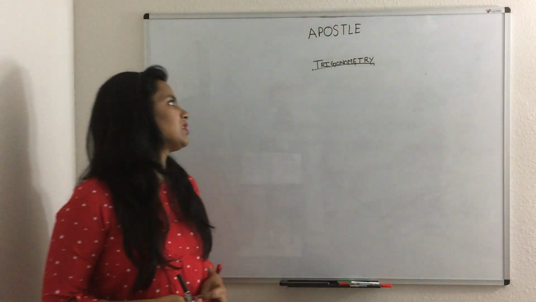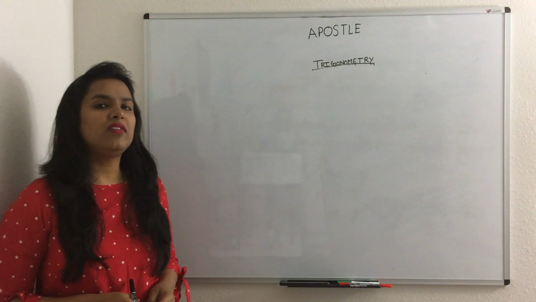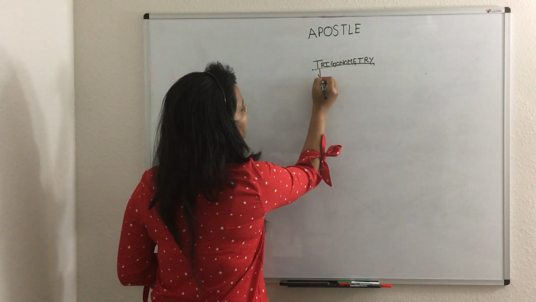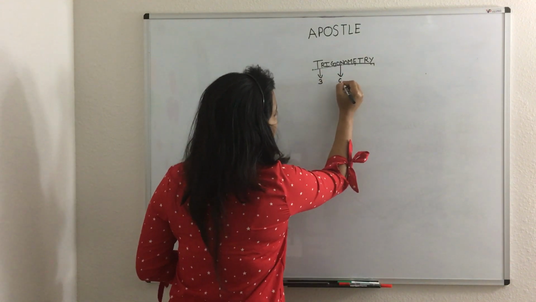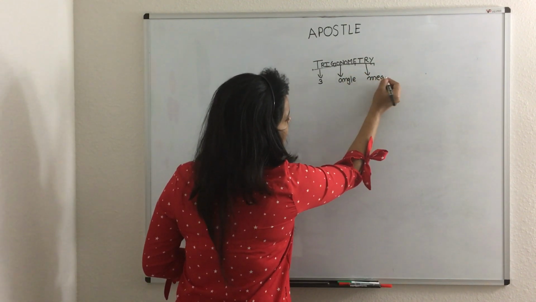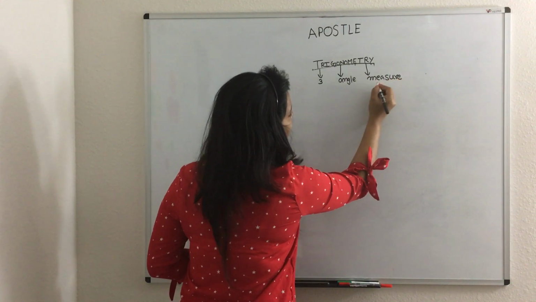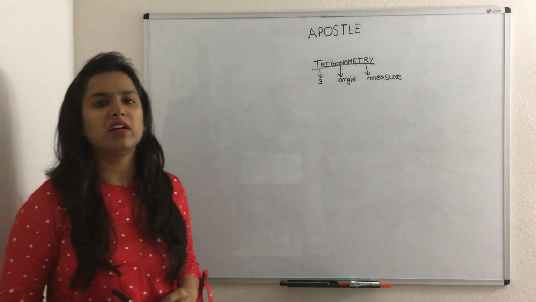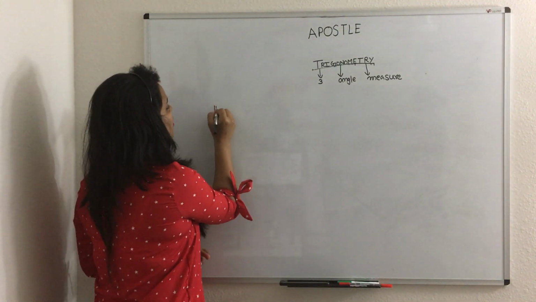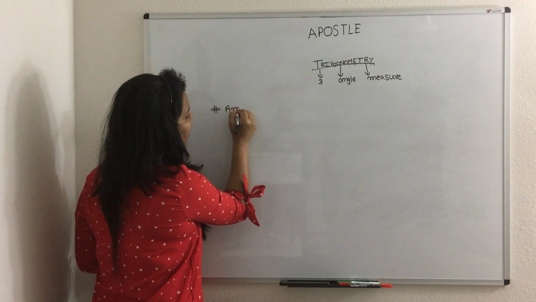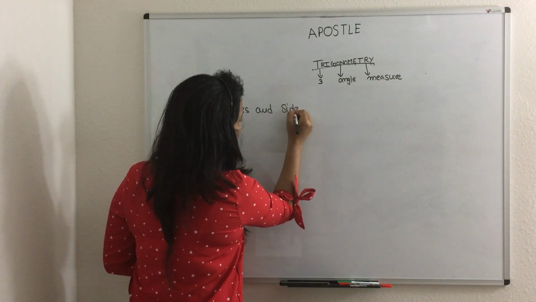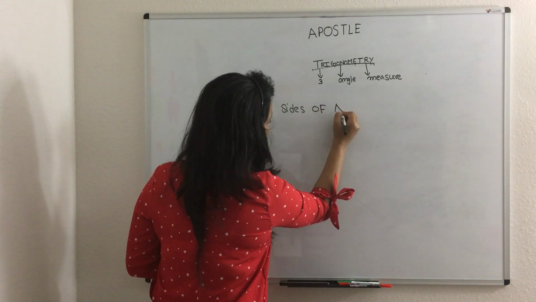And today we are going to discuss trigonometry. Trigonometry is the combination of three Greek words. First of all, tri means three, gona means angle, and metry means measure. So in trigonometry we are going to deal with the right angle triangle and the measurement of angles and sides of a triangle.